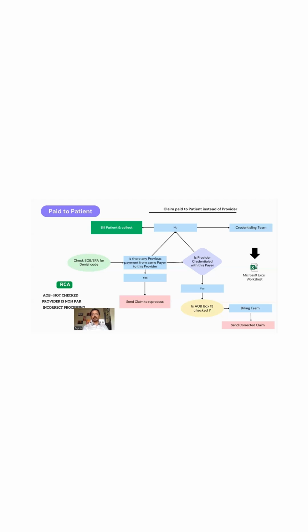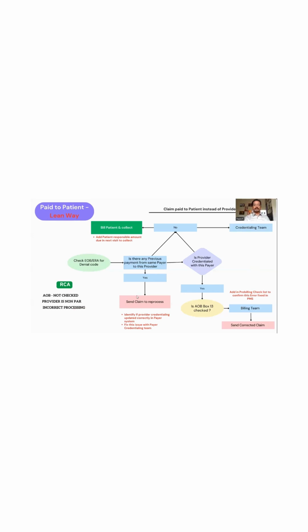When we get a check from the patient, the endorsed check and the own check, that's the only difference here. So in this scenario, what else can we do in a lean methodology? As a lean methodology, the first thing is to understand whether the claim is denied incorrectly and you are sending it back for reprocess. There may be a problem, so check with the payer credentialing team and understand whether this doctor's